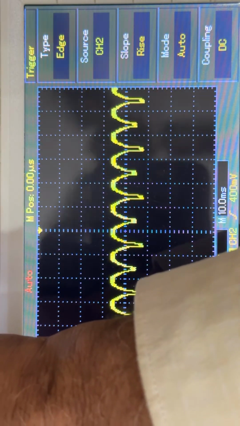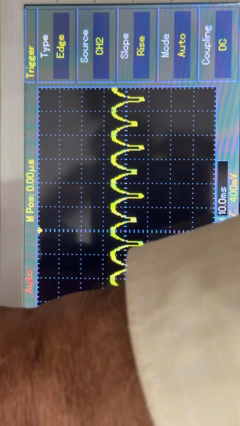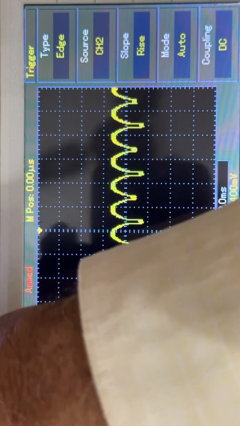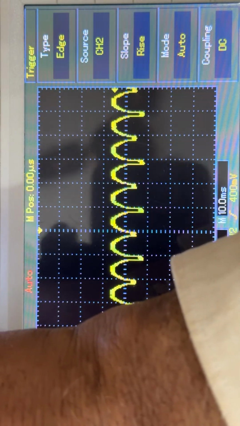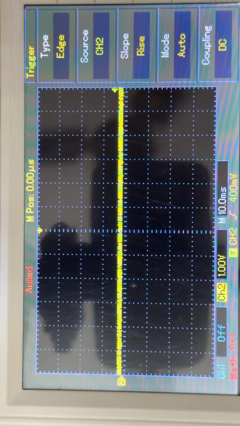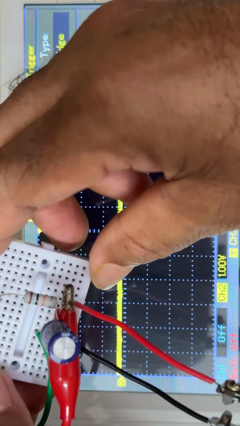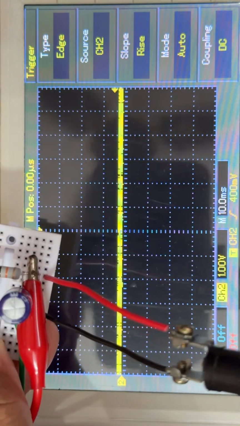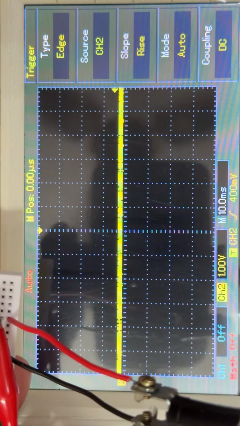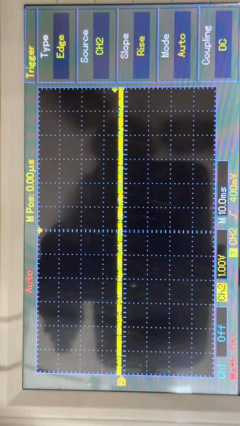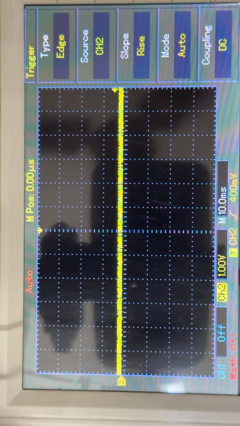The positive will be connected to the positive, and the negative will be connected to the negative. And this is how I show you, using everything that I have connected, the capacitor here on the breadboard. And after connecting the capacitor, you just see the pulsation stops. This is truly beautiful